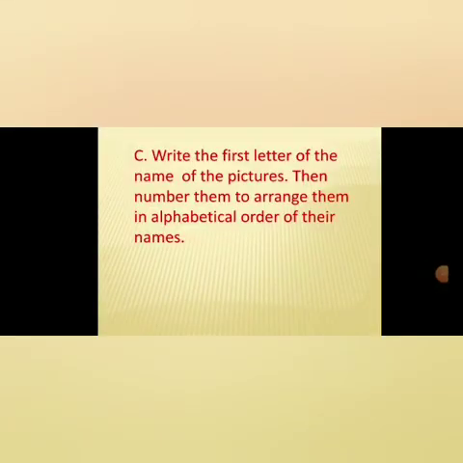Now in this exercise we have to arrange the words in alphabetical order. Words are arranged in alphabetical order according to the first letter. To arrange this list in alphabetical order, we look at the first letter of each word. A comes first, followed by B, then C, and then D, and so on.